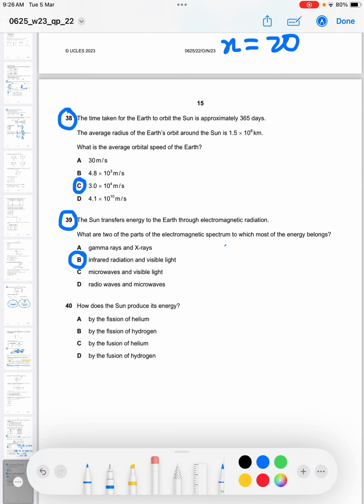Meters per second. Then finally, the Sun transfers energy to the Earth through electromagnetic radiation. What are two parts of the electromagnetic spectrum to which most of the energy belongs? When the Sun is transferring energy to the Earth, there are only three forms of energy: infrared, ultraviolet,